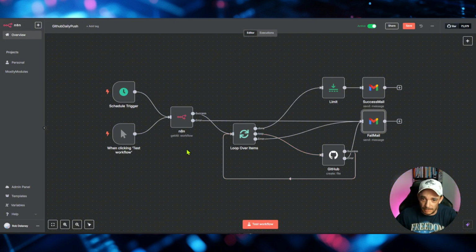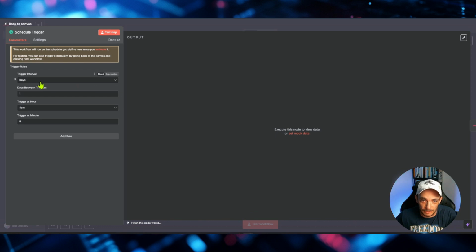Okay, so let's talk individually about how to set each of these nodes up now. The schedule trigger is pretty self-explanatory. The trigger interval is every 1 day at 4 a.m. I want this trigger to run